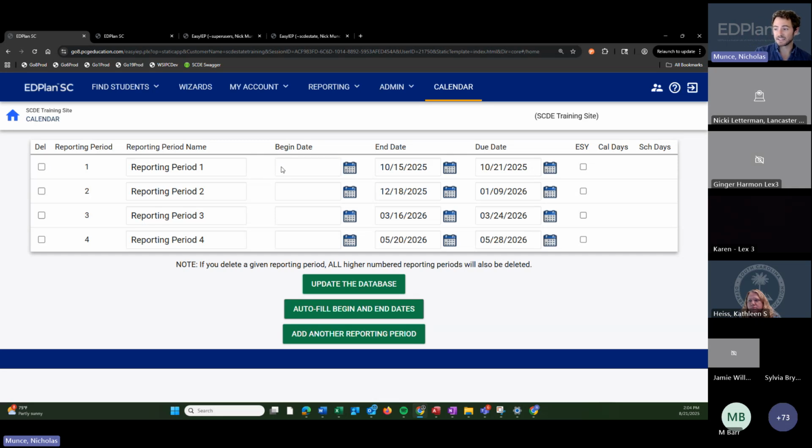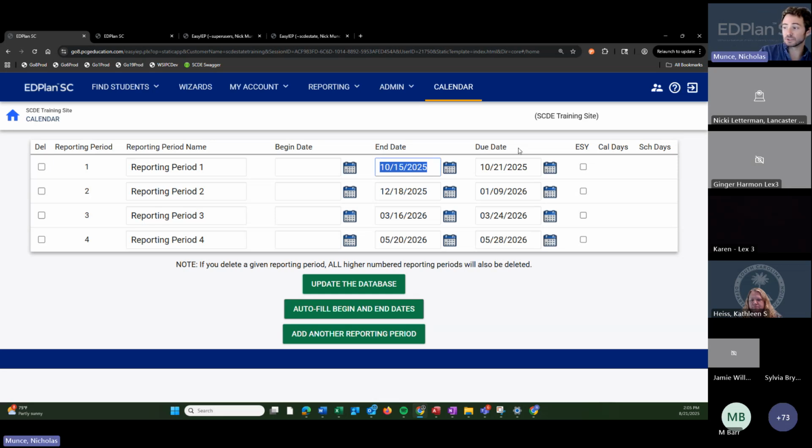End date is something that does need to be included. And the reason for this is it prints inside of the progress report. There's a few reporting needs which we need to print the end date of the reporting period. So this needs to be entered. If it's blank and you generate a progress report, there will be a little section in your documents your staff generating that says end date, and it won't put anything because you don't have an end date entered. So to fill in that end date is very important so it prints on the document.